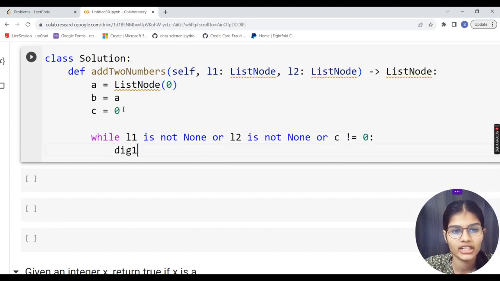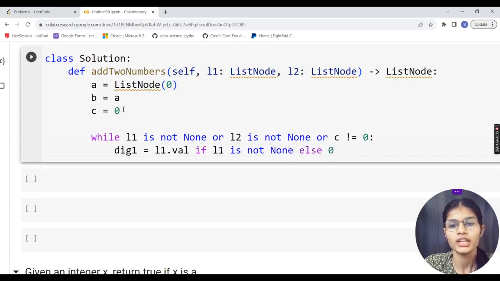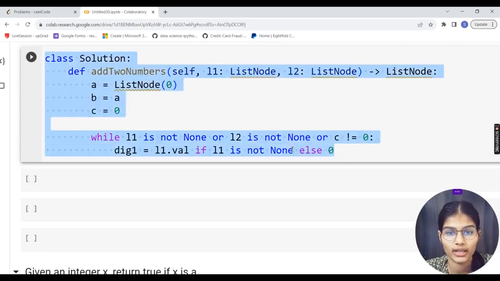Then I will make a variable dig1, that will be my digit 1, okay? So dig1 equals L1 dot val. My condition will go that if L1 is not none, else 0. So I don't know if you know this line or not, but I'll explain what this line is all about.